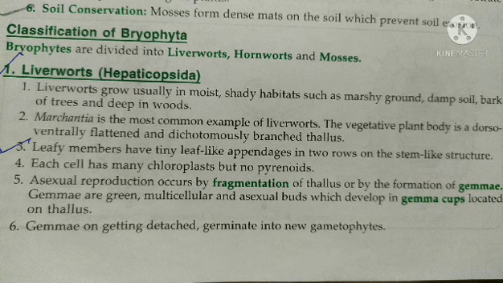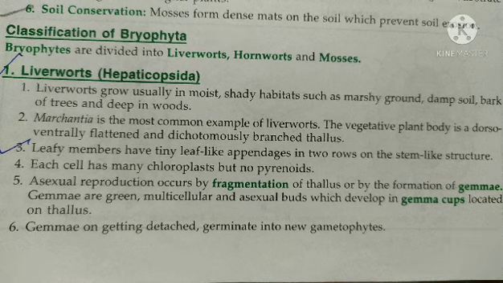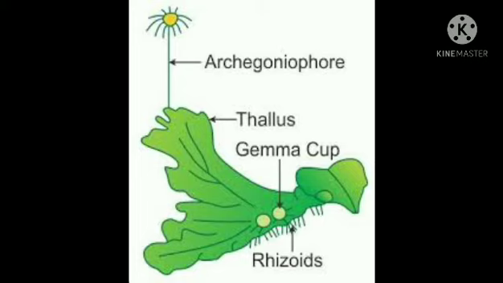So dear students, you need to know that the liverworts have dorsoventral thallus, and there is formation of antheridiophore and archegoniophore, which are basically branches bearing the male and the female sex organs. That is, the male sex organ is referred to as antheridium, and the female sex organ is referred to as archegonium. And vegetative reproduction takes place by gemma formation, by gemma cup formation.